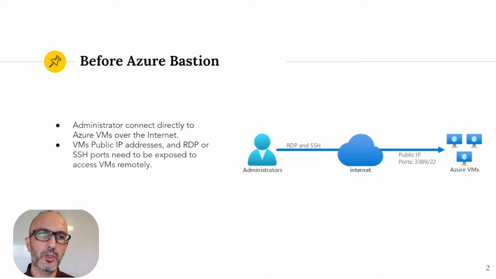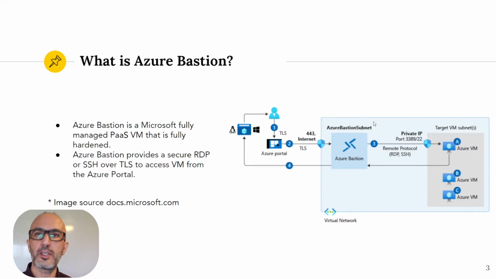So we don't want to expose our virtual machines to the internet, and this is where the Azure Bastion comes in. The Azure Bastion is basically a PaaS VM. It's a fully managed VM that is securely hardened by Microsoft that lives inside the virtual network where your Azure virtual machines exist. What we are basically doing is using the RDP or SSH protocol over TLS. Our traffic is encrypted using TLS,